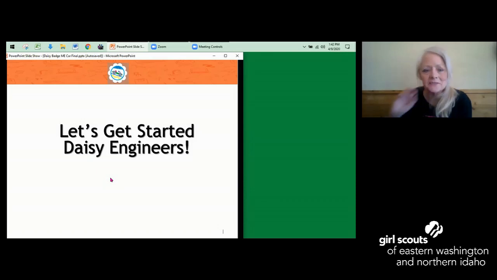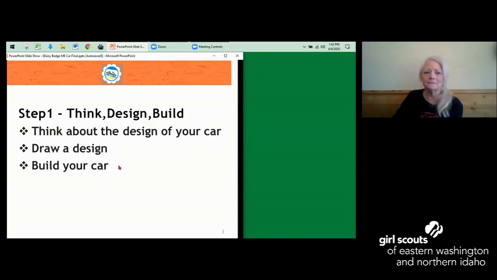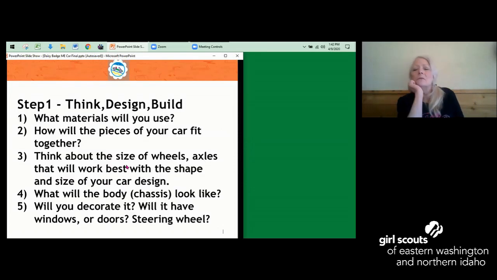Okay, so let's get started, Daisy engineers. Step one, think about, design, and build your car. So what materials will you use? How will the pieces of your car fit together? Think about the